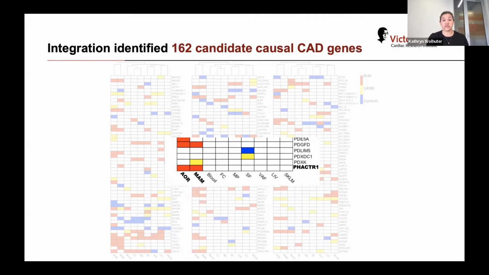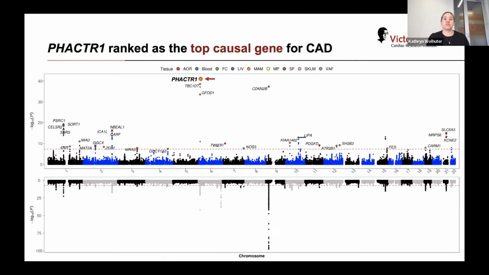Which really informs our studies going down the line, knowing that we should be looking within the vasculature at what factor 1's doing, and this is perhaps not a systemic effect. And when we ranked these causal genes, factor 1 came out as the top ranked gene, so the most significant gene